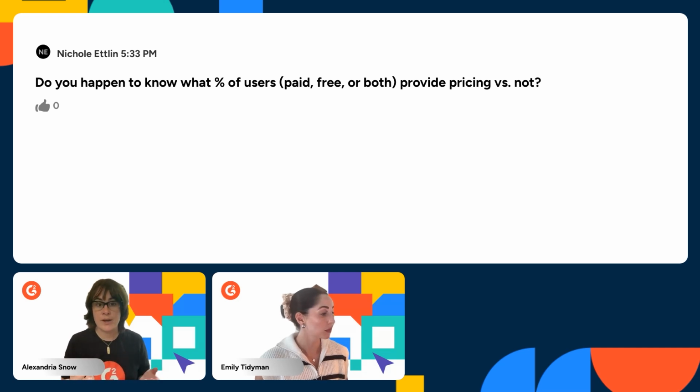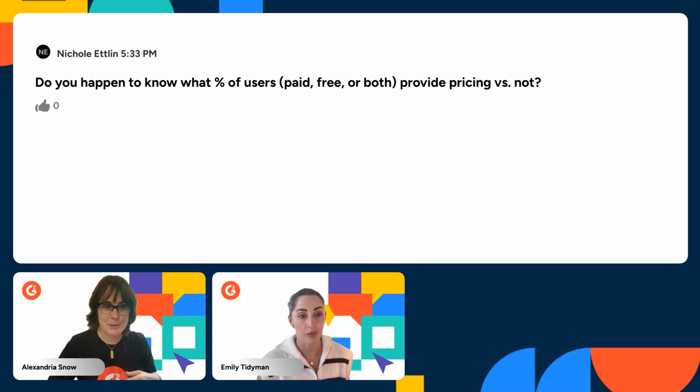Our pricing varied so dramatically based on the size of the company, the specific feature set they were looking at, and the additional customization. So it's not unusual. And that's part of the reason why it's hard to give an answer to this question on what percentage, because we could tell you how many of our customers have set up some sort of pricing capability, but knowing whether or not they're actually sharing their pricing is more obfuscated.